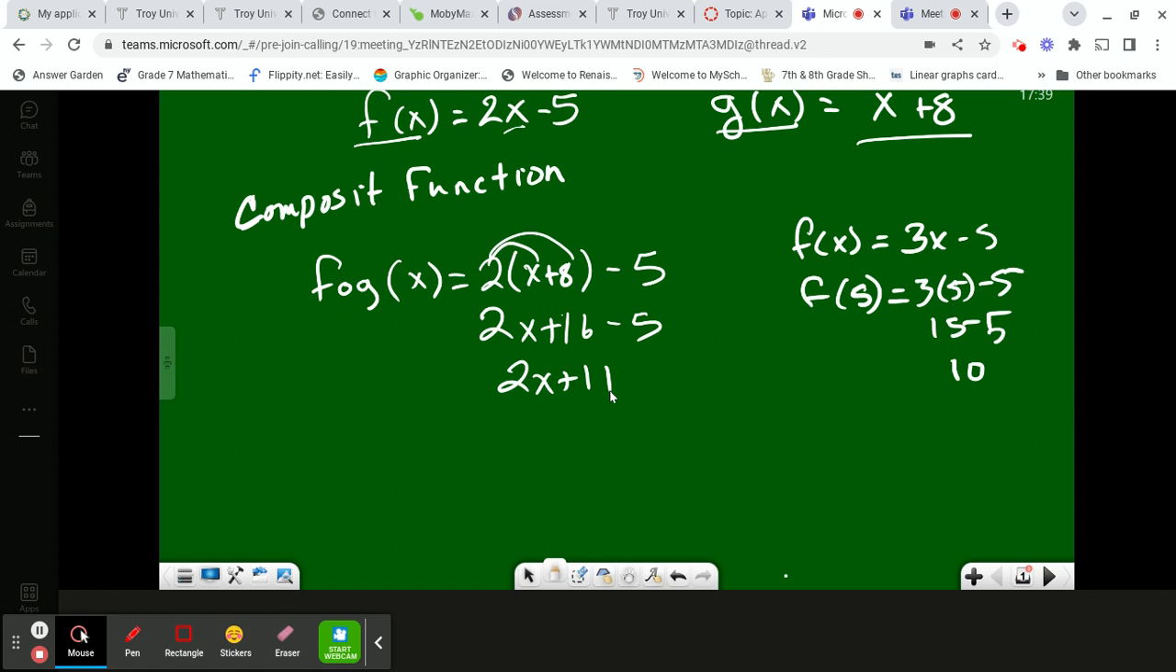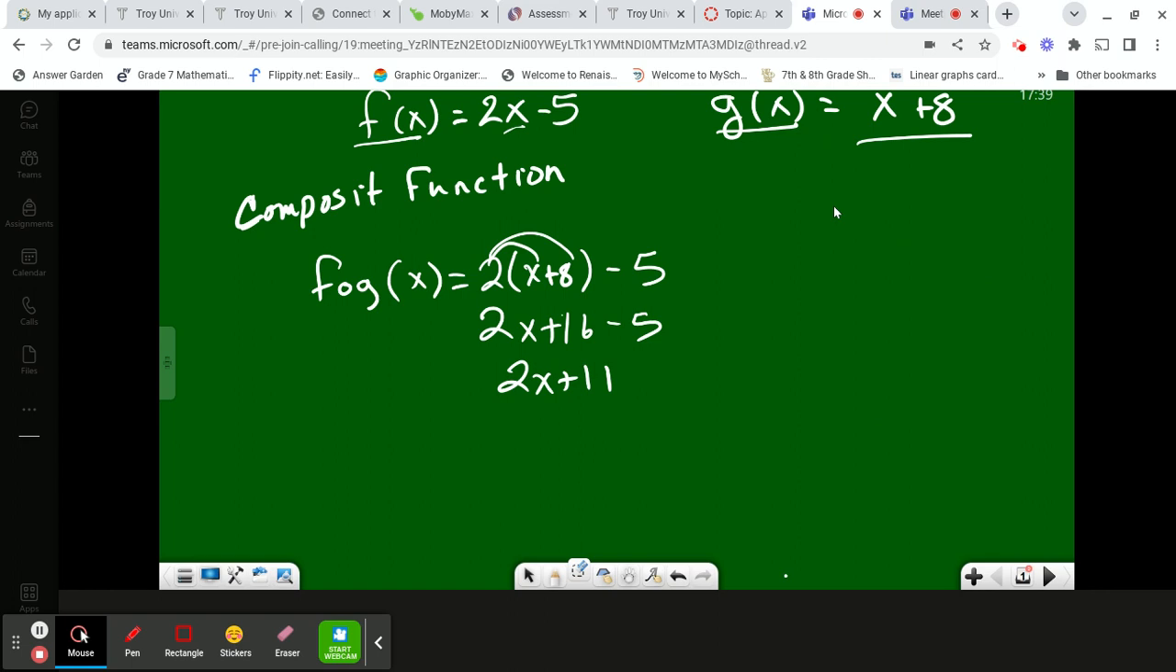Okay, now order counts because this is f of g. You see how g is on the inside? g is the one I put inside. If I said,